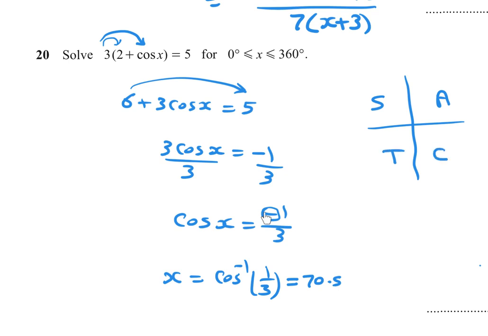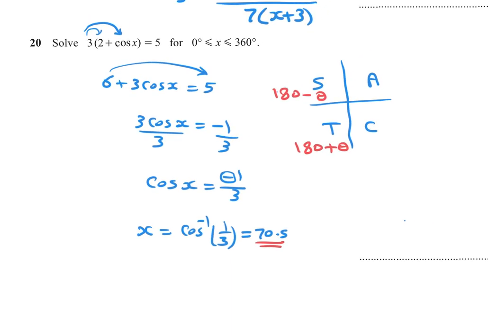Cosine is negative in the second and the third quadrants, because it is positive in the first and the fourth. In the second, 180 minus theta. In the third, 180 plus theta. Theta is 70.5. So the two solutions are 180 minus 70.5 and 180 plus 70.5, which is 109.5 and